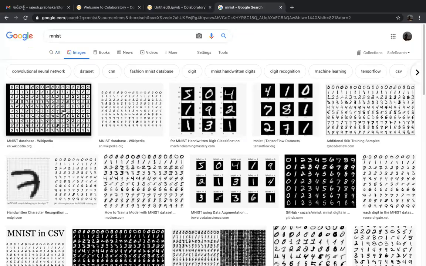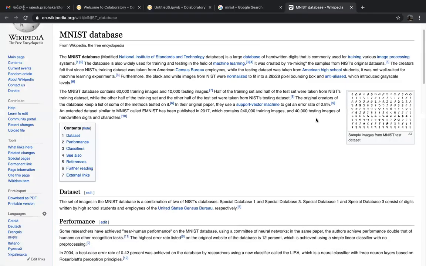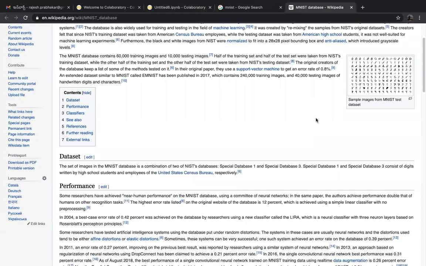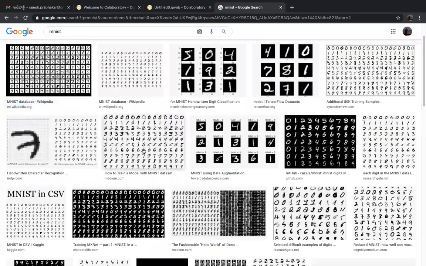It has 60,000 images of 28 by 28 pixels. See here, these are the handwritten digits. The data is images of digits written by different people in different handwritings, 0 to 9.